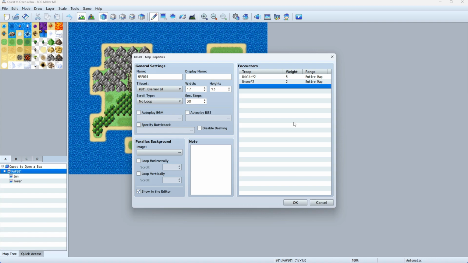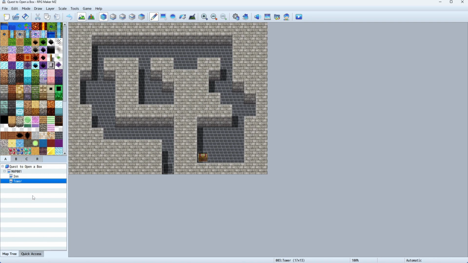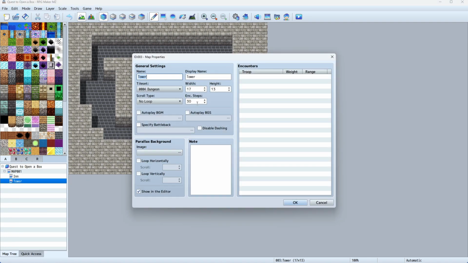And that's it. That's all you've got to do to set up random encounters on a map. Let's get a little bit more practice in this and set some encounters up in the tower. We'll make the tower a little bit more dangerous. So let's right-click, Edit,